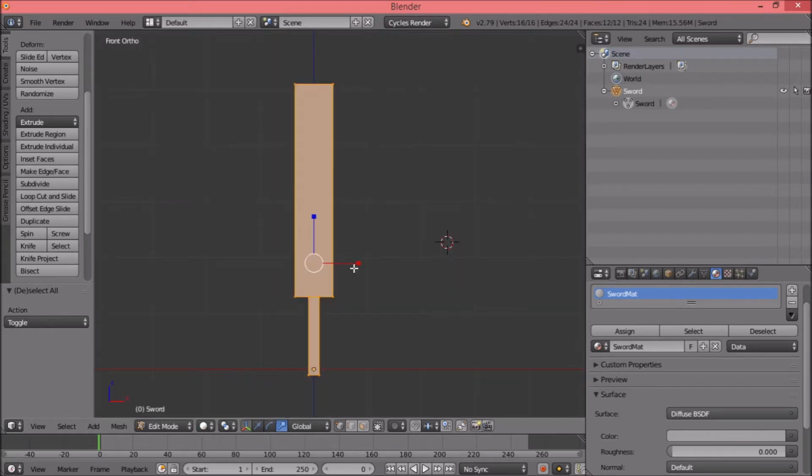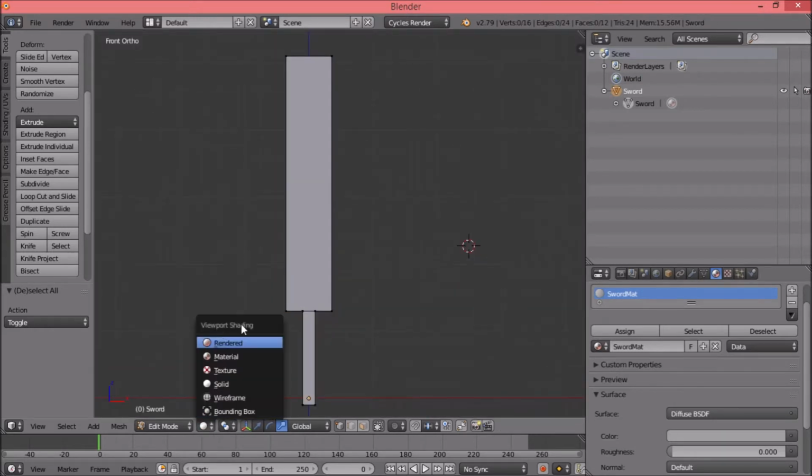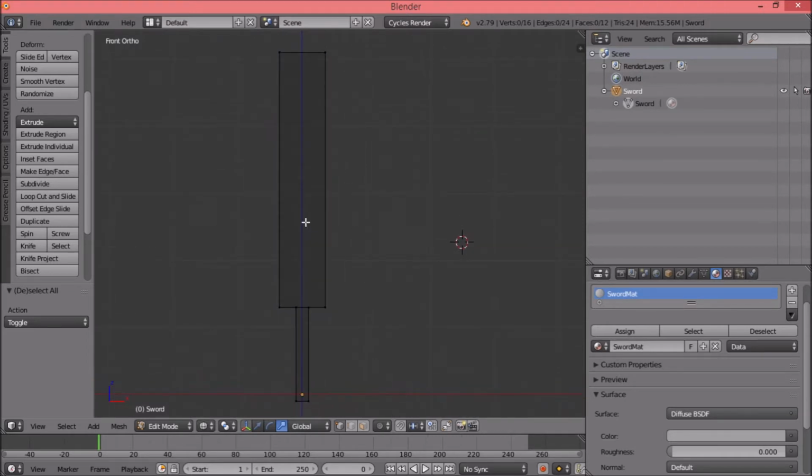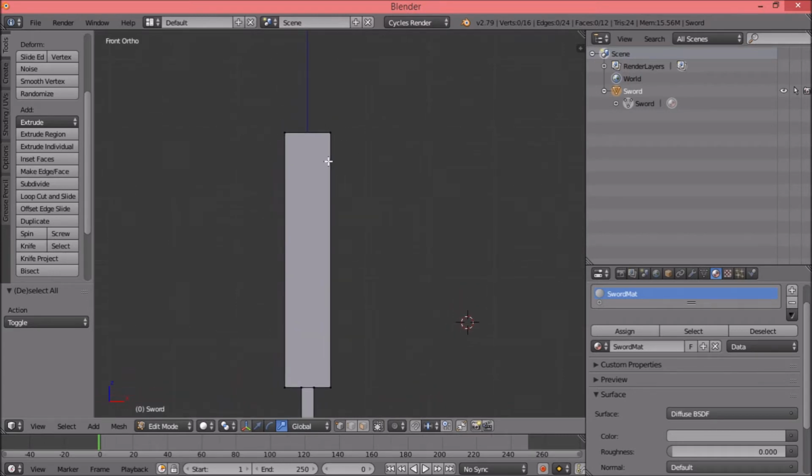Oh yeah, these are the options for viewport shading. You can go render, material, texture, solid, wireframe. We'll be working in wire and solid view. This is solid, and you can switch to wireframe with Z key. And now